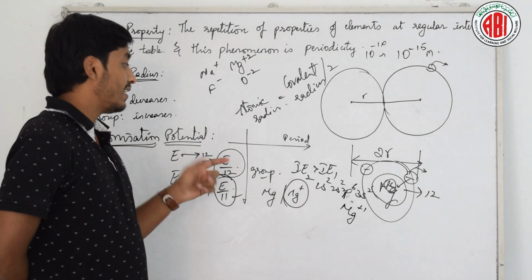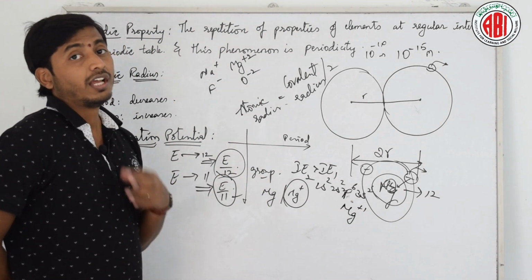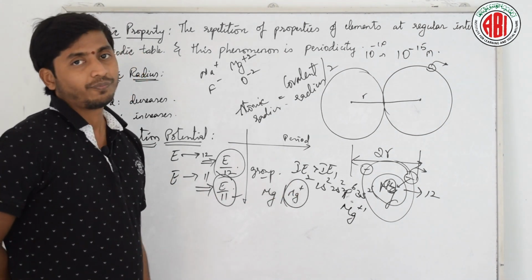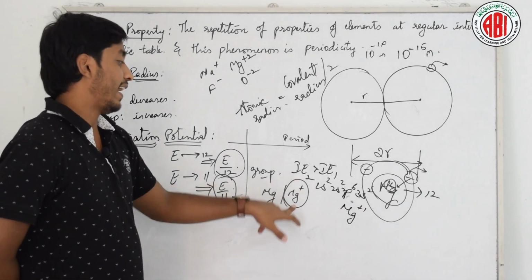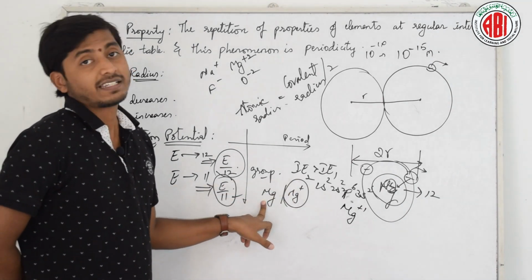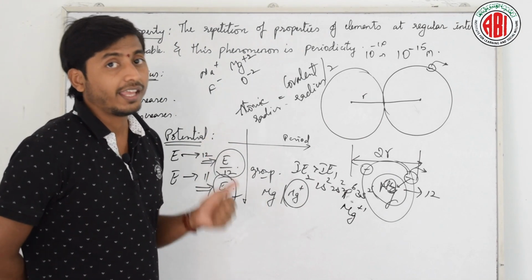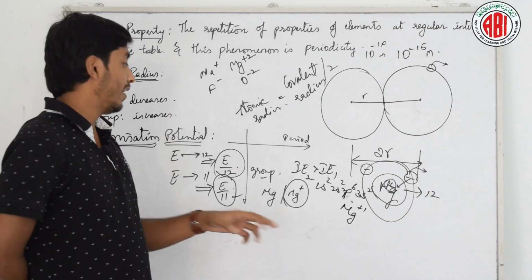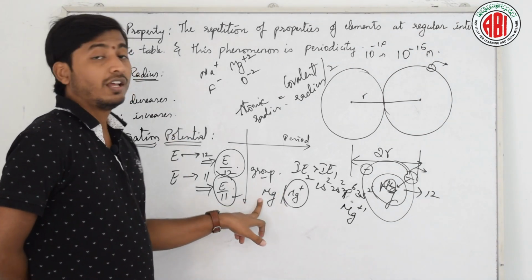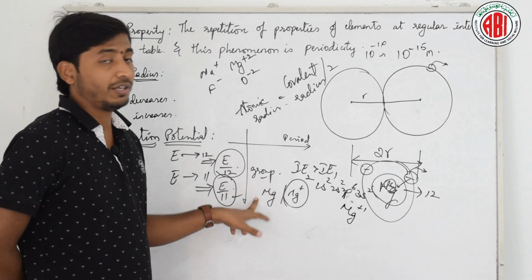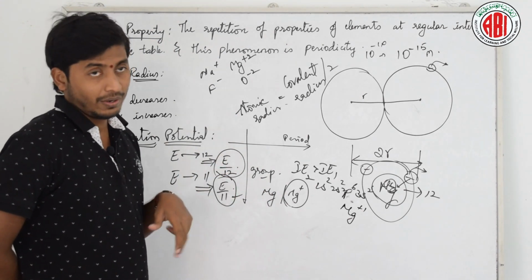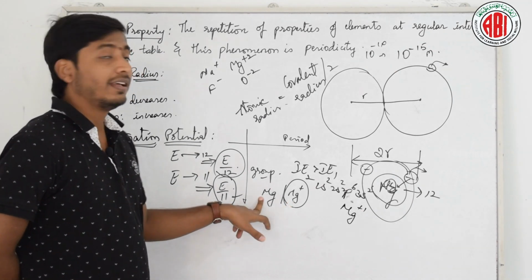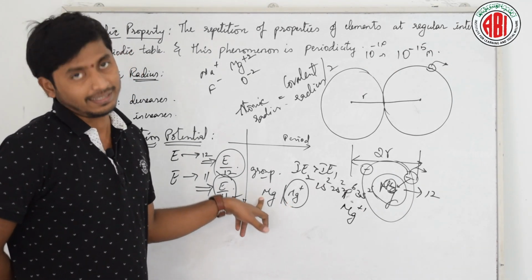Second ionization potential is defined as the minimum amount of energy required to remove an electron from the unipositive ion. Clear? From this we can conclude that second ionization potential is more than first ionization potential. Why? Because the atomic size is less in a unipositive ion when compared to the normal neutral atom. Why? Because the effective nuclear charge in an ion is more than that of the neutral atom.